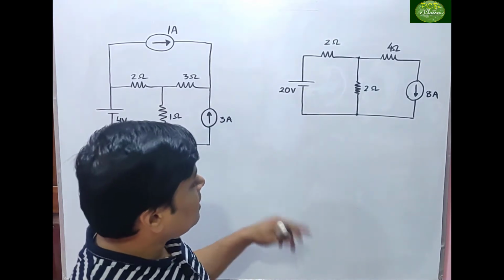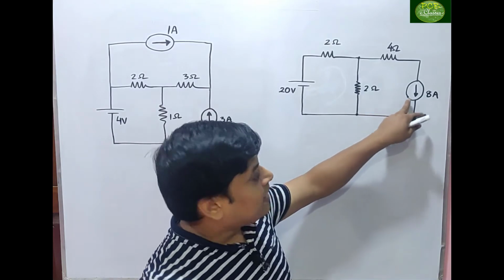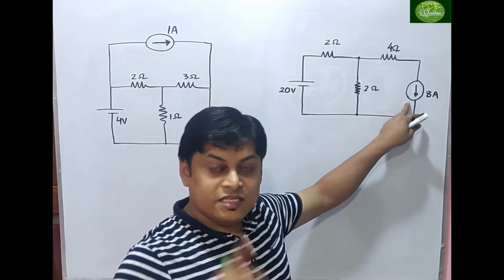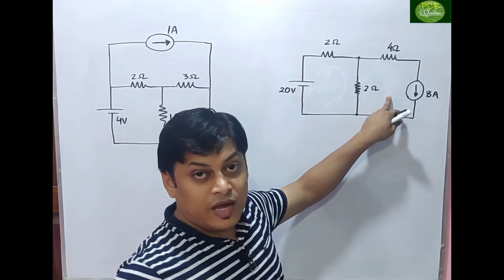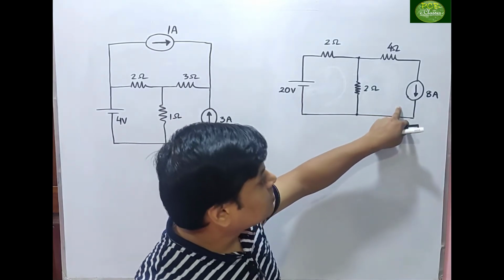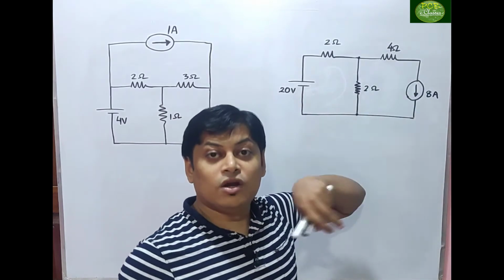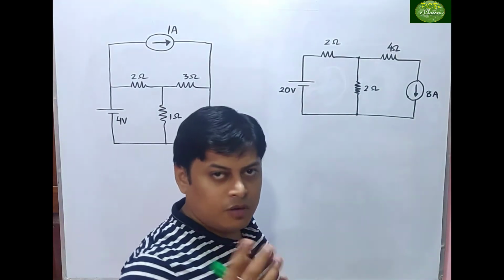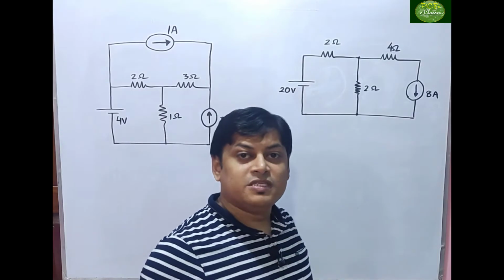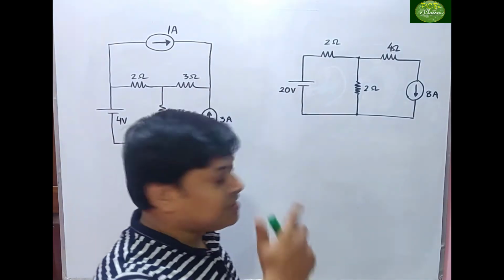What is different is that a current source is present. Right? In the case of the super mesh class, we have seen the current source. This current source is coming into act, and it is present in the outer loop. So I am saying this is a different variety of problem, but this type of problem is very easy to solve. So let's see that one.